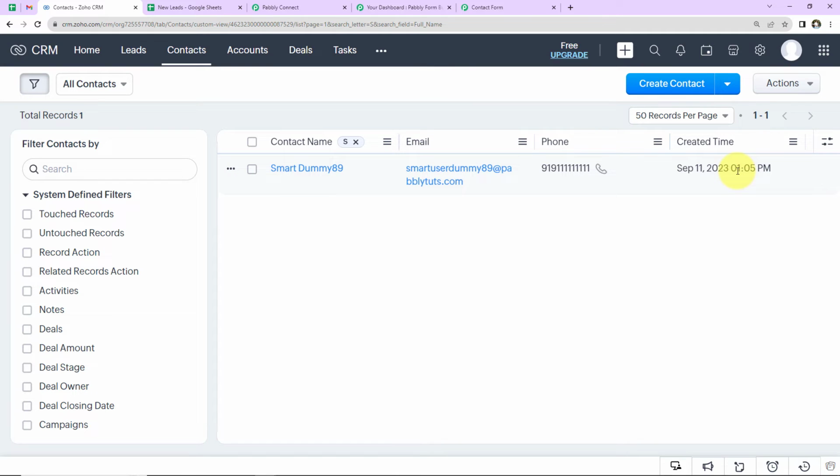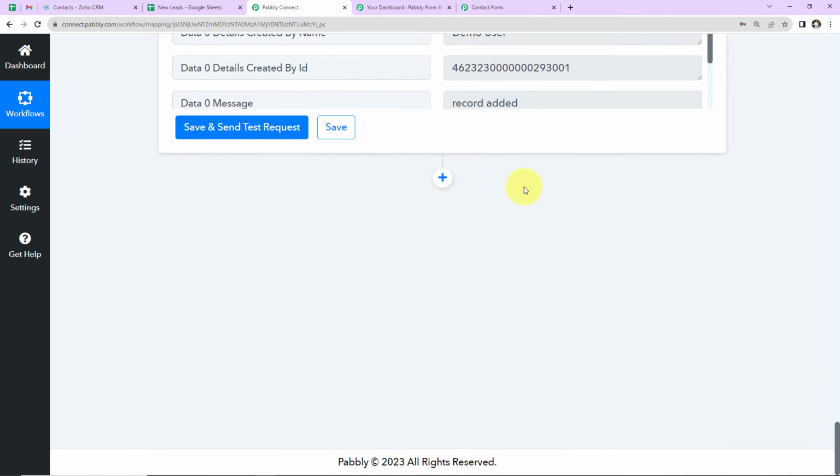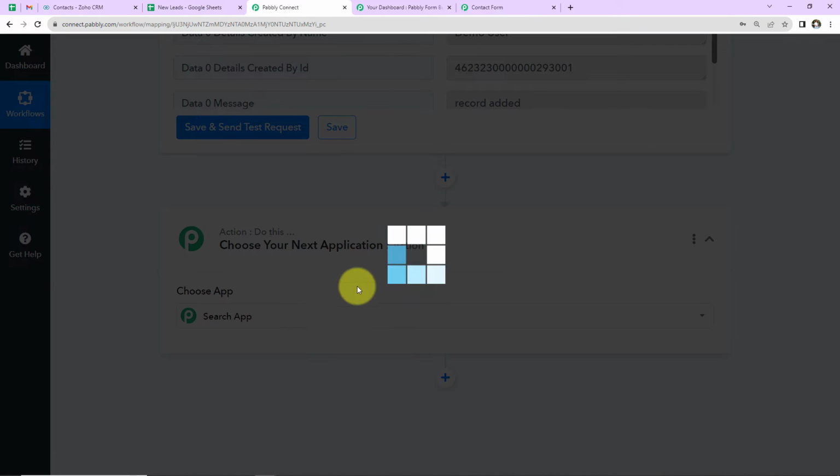Now what is our next objective? I want to add these details in my spreadsheet. So I already have created this spreadsheet. The name is new leads, and here we have the following column fields: first name, last name, email address, and contact number. So I'm going to take you back to Pabbly Connect, and here I'm going to add my action step